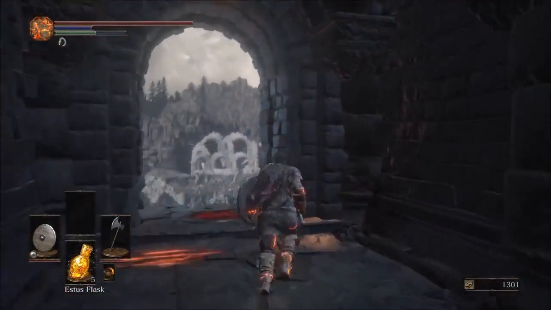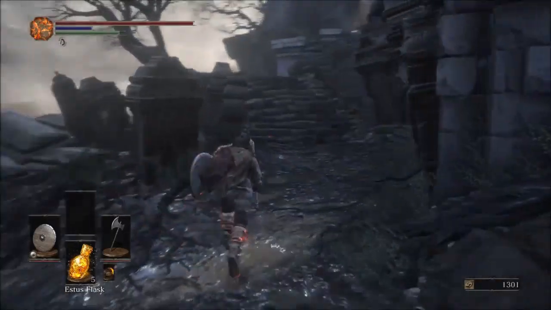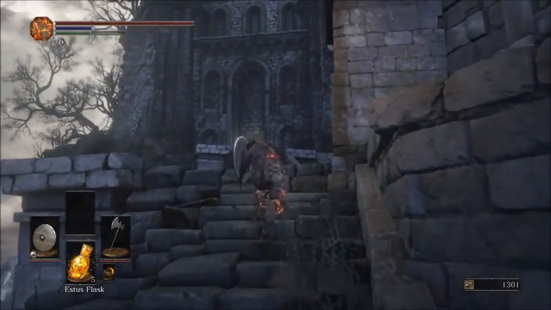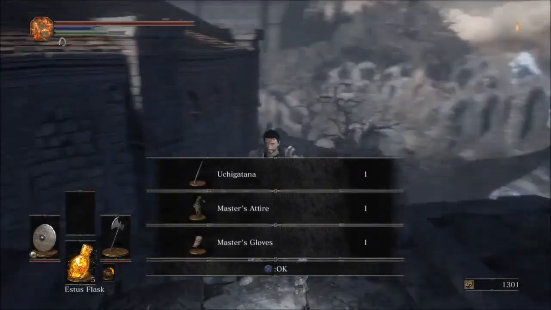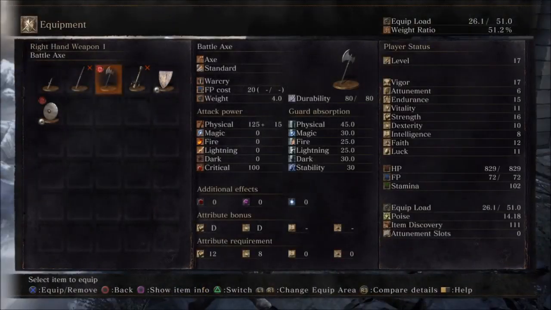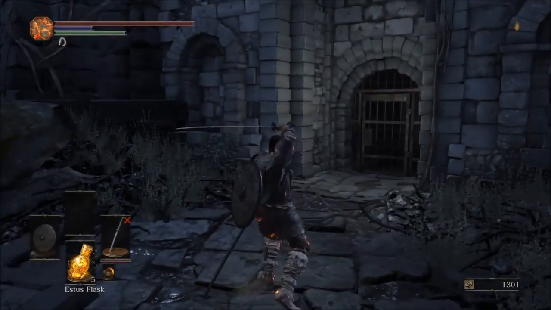I did forget to show y'all where the katana was. Completely forgot about it. You're just going to want to come back over to where you killed him at, and if you look at the top of the stairs where he first spawns in, you'll see the white orb, and that is where you will get the weapon. Uchigatana, Master's Attire, Master's Gloves. Neither one of those are good in my opinion, but there is the Uchigatana. I do not have the dex required for it, as you can see, but if you are a dex player,